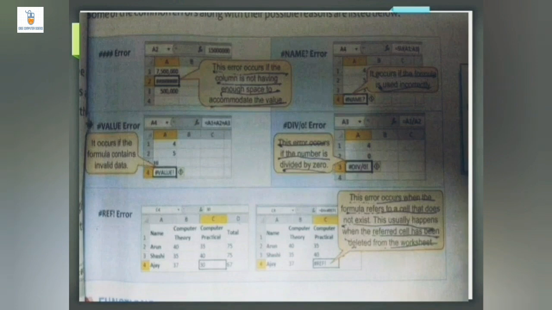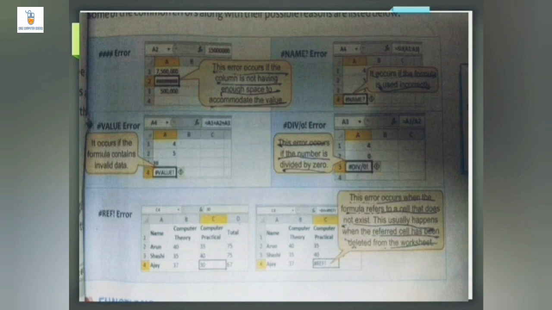The #VALUE! error appears if the formula contains invalid data. The data provided in the formula is wrong. Say instead of a number, we have entered some text there, then the #VALUE! error will appear. Then the #DIV/0! error. This appears when we try to divide any number by 0, because that is infinite and Excel will not accept it.